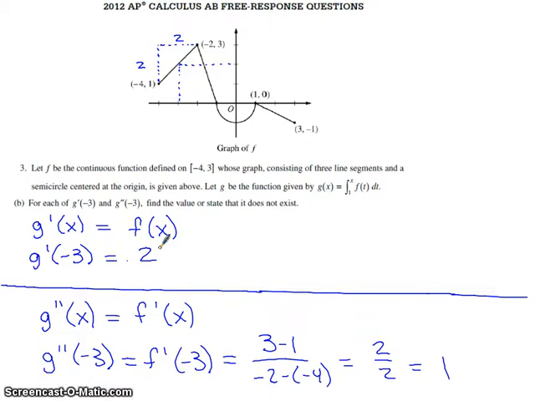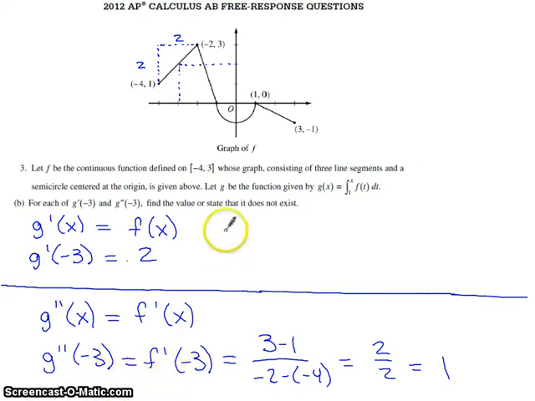To find g double prime of -3, we're going to have to start with g double prime of x. Well, if g prime of x is equal to f of x, taking another derivative on the left gives us g double prime. Taking another derivative on the right gives us f prime. So g double prime corresponds to f prime. Basically, being asked to find g double prime of -3 is just like being asked to find f prime